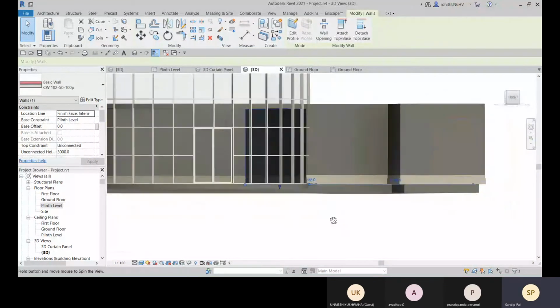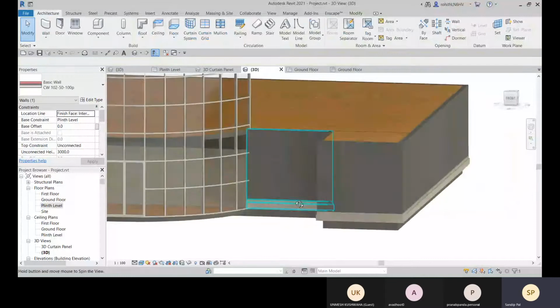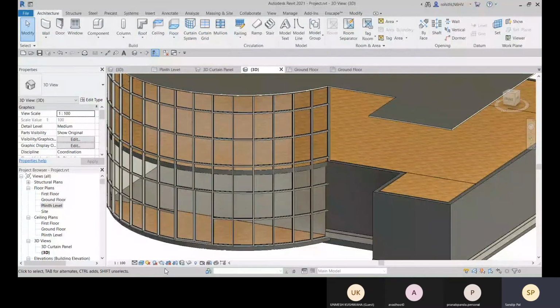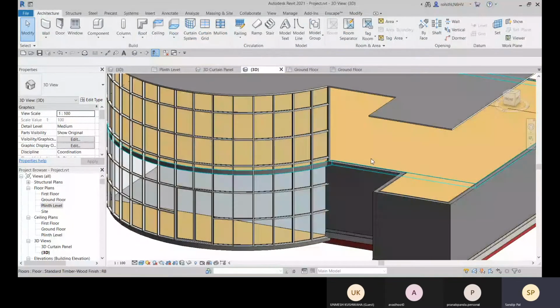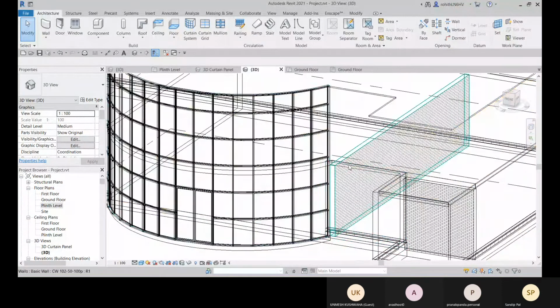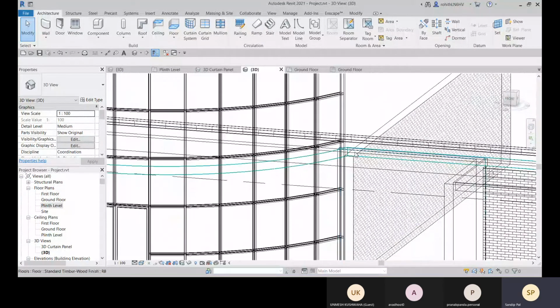Okay, so now it is connected. You can go with this attach top or base option, so that it will be attached to the bottom surface only.